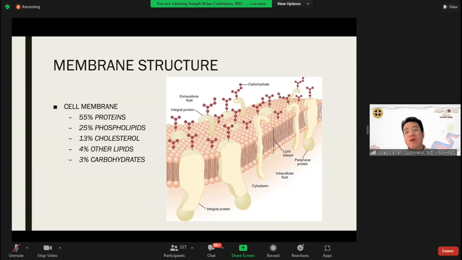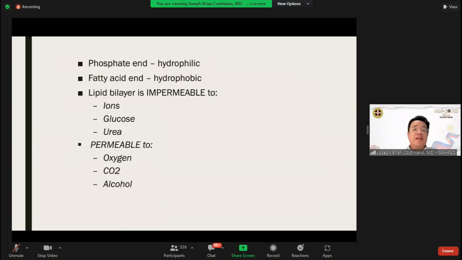And when we're talking about carbohydrates, your carbohydrates include your glycocalyx, no? Etong glycocalyx, itong nasa labas, no? Outer surface natin, na para siyang mga 3 branches, no? So those are loosely stuck carbohydrate moieties that are found studded on your outer surface that is in charge of antigenicity of a cell. Okay?